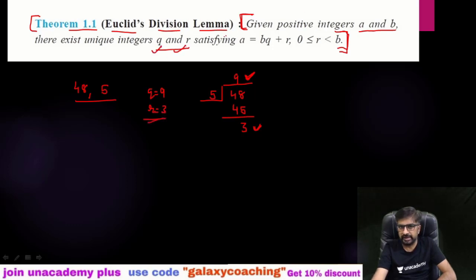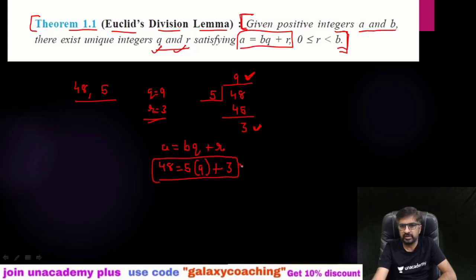So first they are saying that satisfying a equals bq plus r. So we need to arrange this. a means this number, b means this number, and q and r mean these two numbers. So let me write down first: a equals bq plus r. So instead of a, can I write 48 equals, instead of b, the divisor, that is 5, the quotient, that is 9, and the remainder, that is 3 here. So multiply and find out. 9 fives are 45 plus 3 is 48. So yes, we can write this in this form, that a equals b into q plus r.